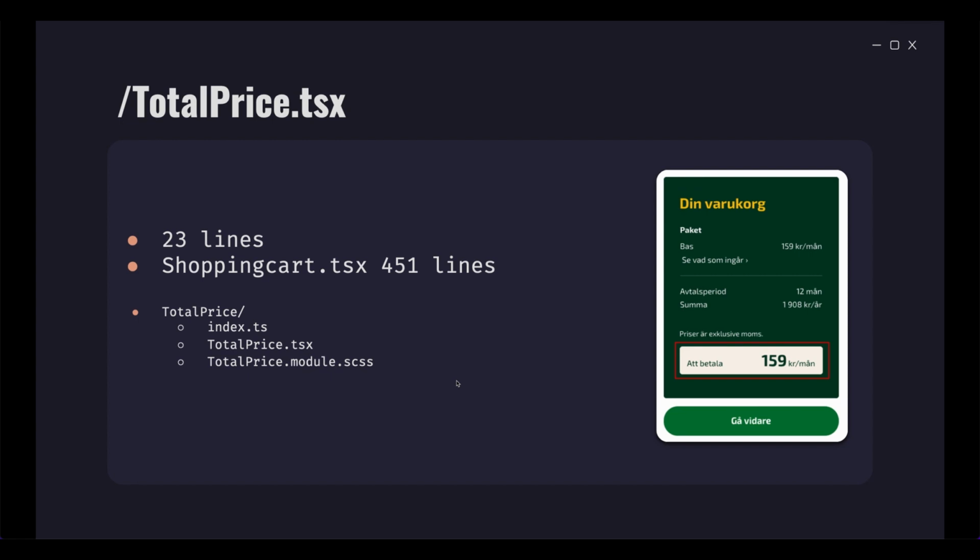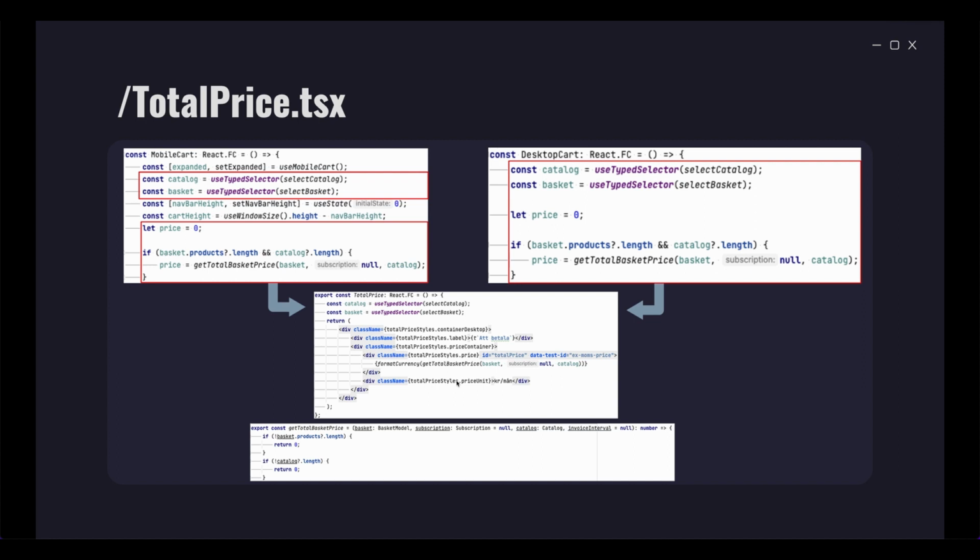Total price became a quite small component, which is very nice. And we were also able to take advantage of the DRY principle and extract some duplicated logic from mobile cart and desktop cart into total price.